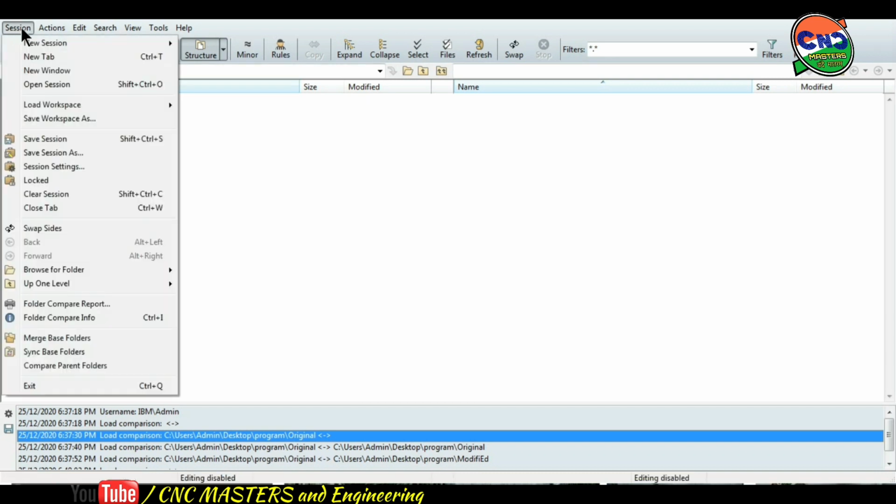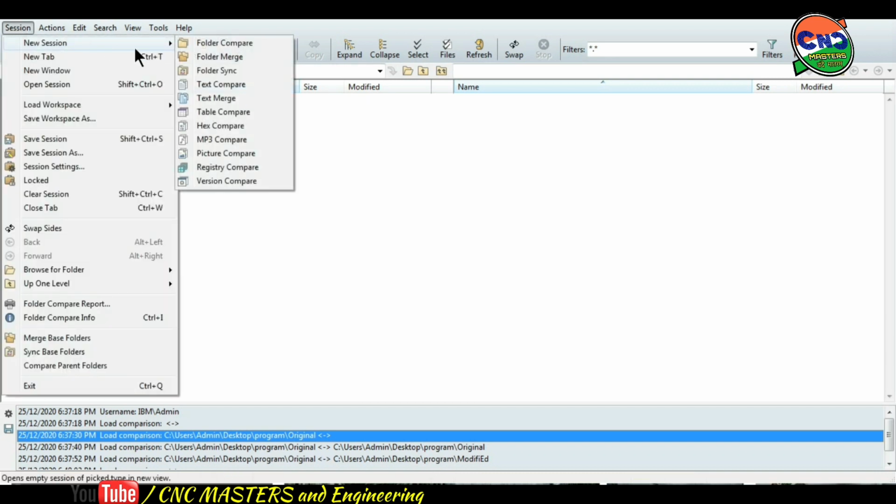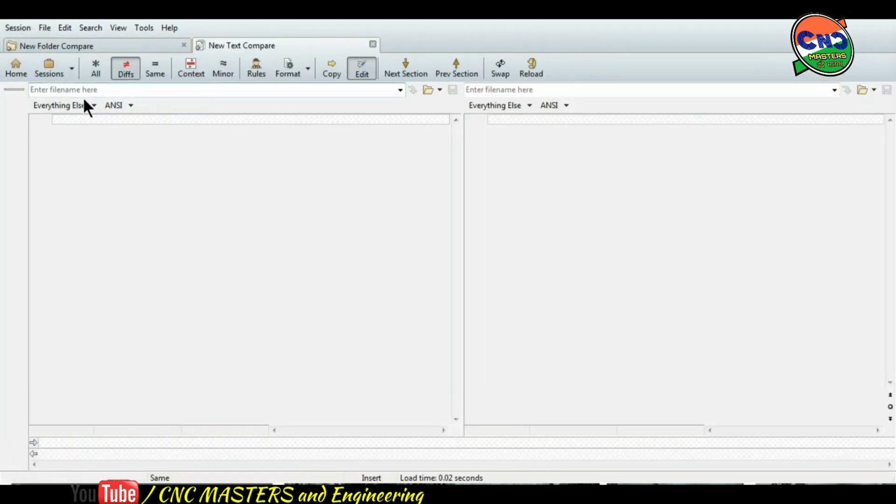You have to go to session, new session, then simply go for the text compare. There are a lot of options, like mp3 and folder compare. Folder compare can be used if you have a number of programs in your folder. Right now I have one program only, so I will go for the text compare. I will open one program, and this is the second program for the comparison.